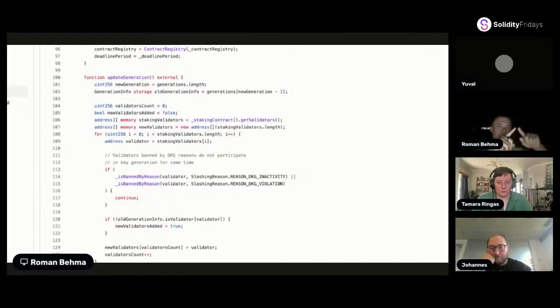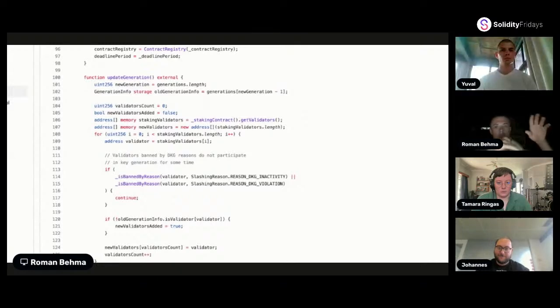Each generation is a new iteration of the DKG process. So when the network starts up, a new generation gets created and the DKG round is started. When a new validator joins, a new generation gets created and the DKG round is started. So update generation,